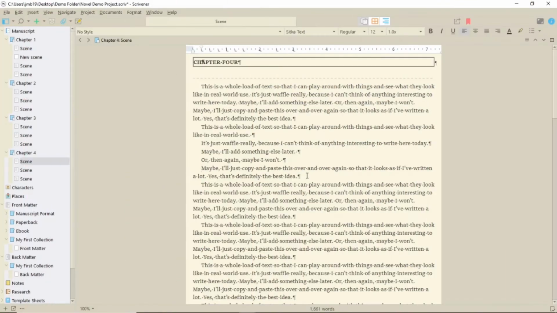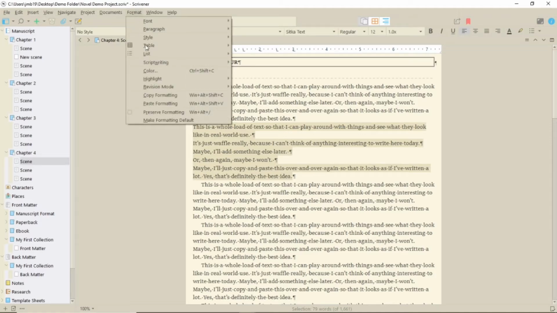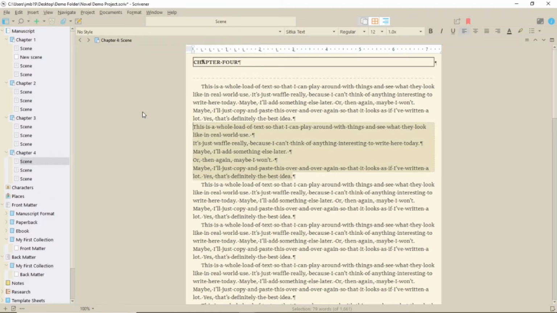The Preserve formatting, which can be found under the Format menu, is designed to maintain any special formatting you have specified in your manuscript. In other words, not to overwrite it with the template's defaults. It's meant for small display pieces of text, not great swathes. I've used this in a few ebooks to have text stay at the margin rather than be indented.